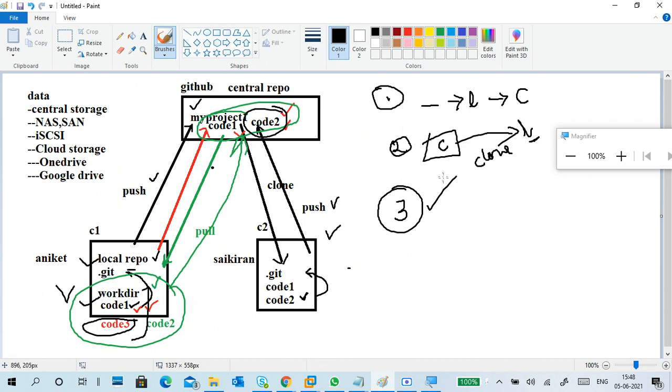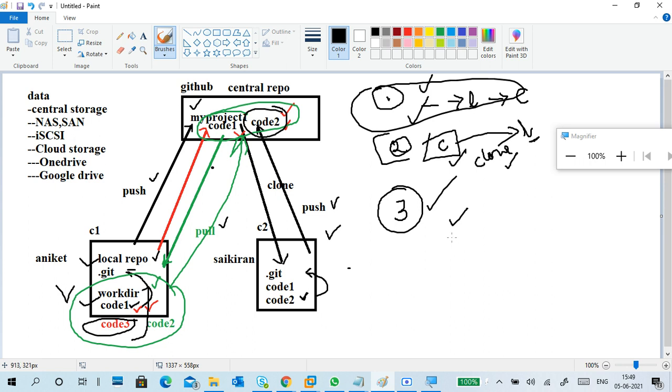Okay, so these are the three things I told. If you cannot do the first one, at least do the second one, and when you do the second one, if you get a problem, the push problem is there. So third is the solution. What is the third solution? Pull and push. In the second one, if you get a pushing-time problem, usually first you clone it and then add your file, then push it.